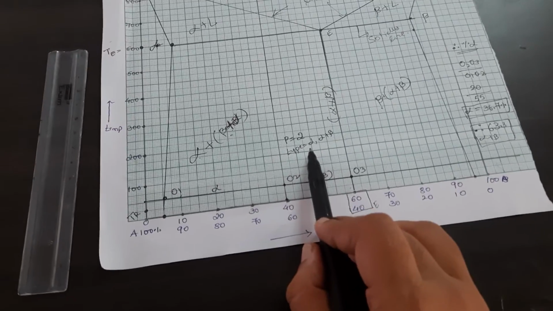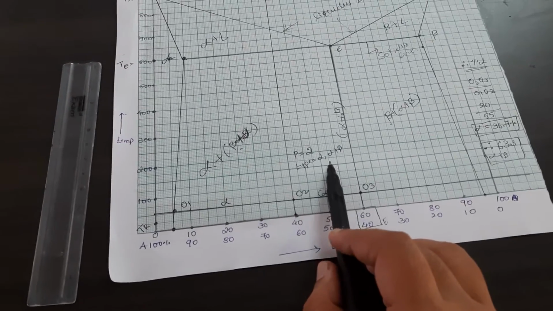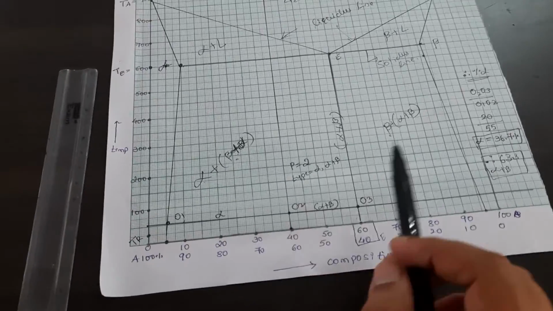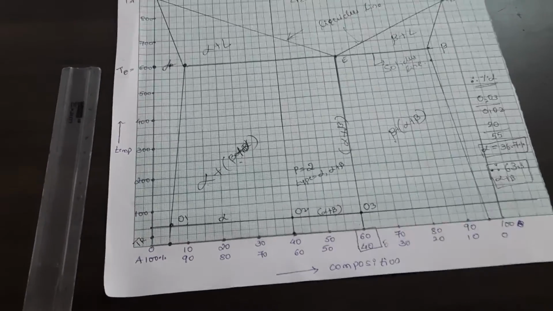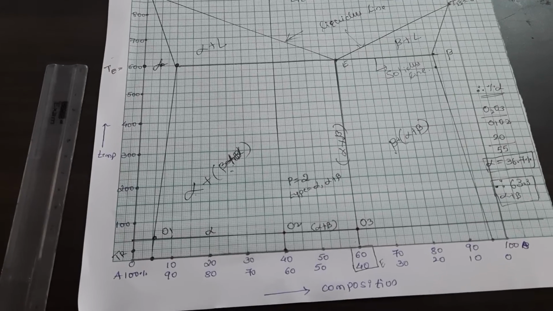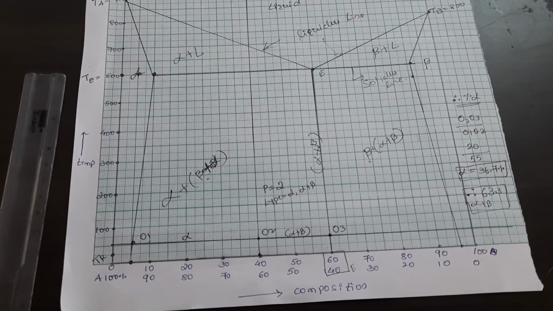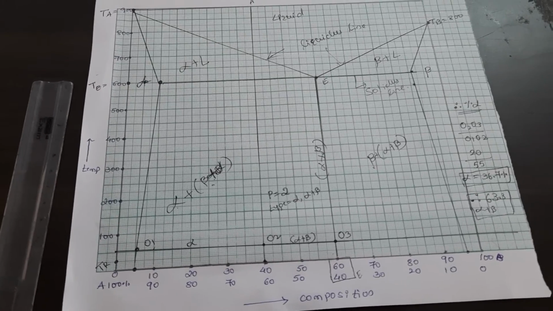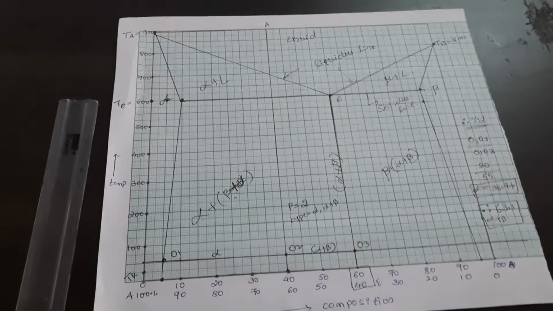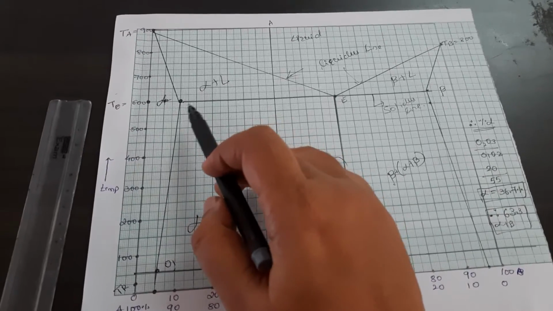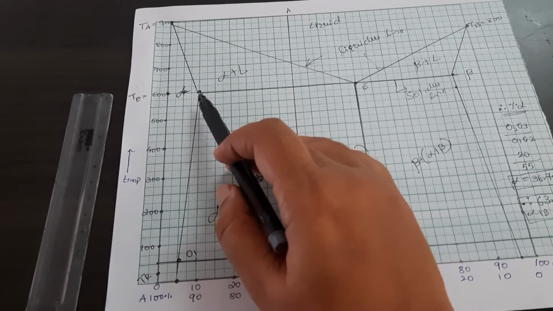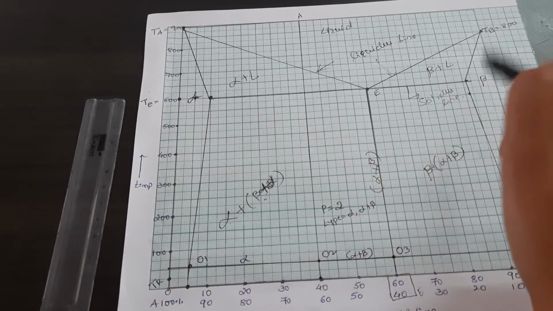Number means P equal to 2. Type means alpha and alpha plus beta. Extent, they have given in the problem, means percentage of alpha and percentage of beta. Okay, this is the problem. Please go through this once again. What I drew in this problem is the marking of the solid solubility of these two.